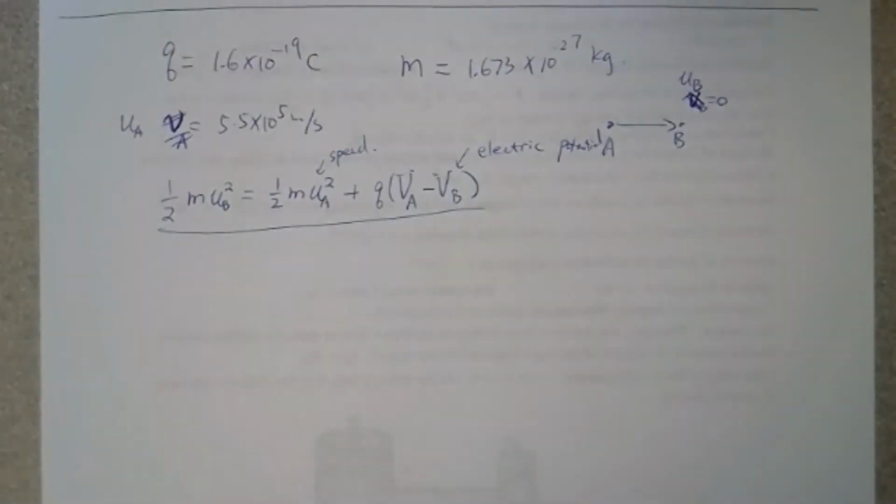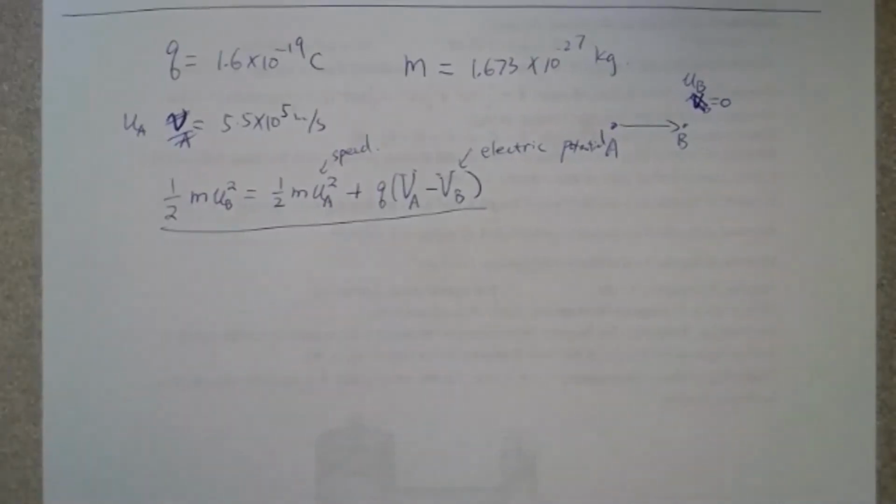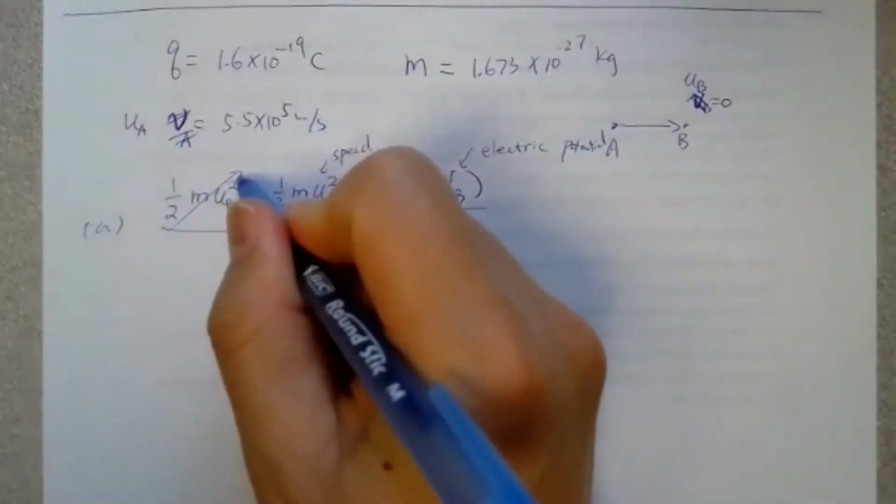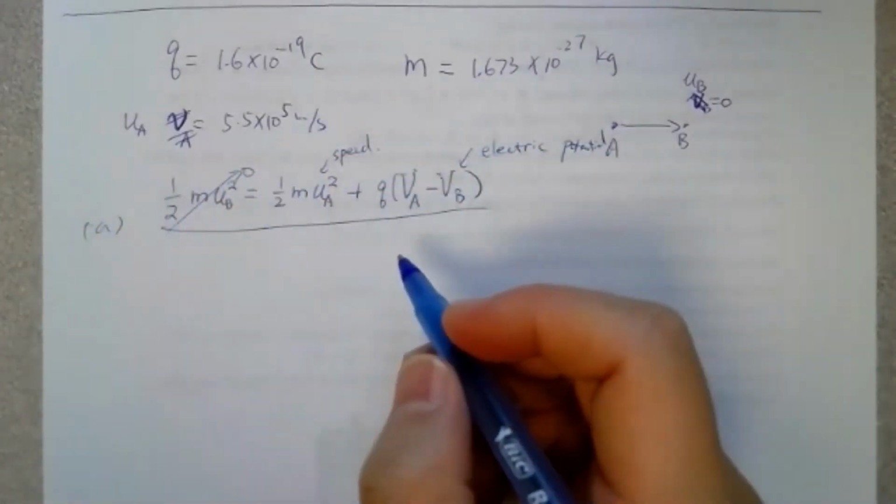You should have conservation of mechanical energy, which means kinetic energy plus potential energy should be equal to 0. Okay, you get this equation from the previous slide. So it says u_B is equal to 0. So then this guy is 0 for u_A. Okay, so this is 0. So then you're looking for